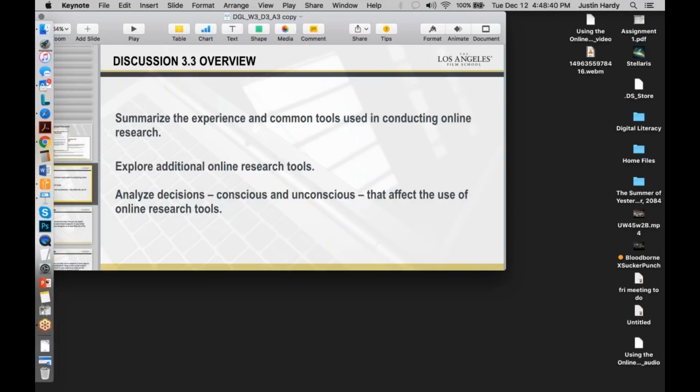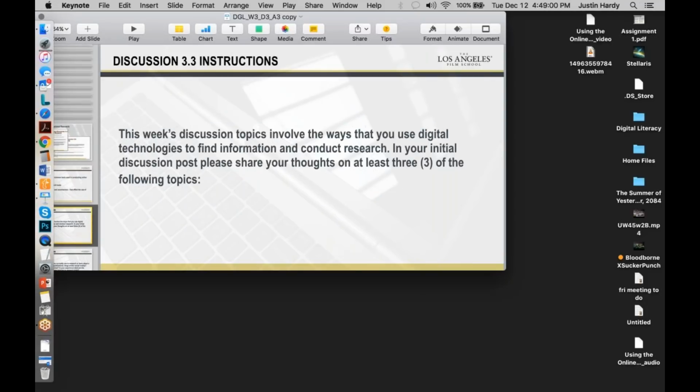So some of us use Google as a research tool, some of us have access to databases, or some of us just use Wikipedia or other wiki websites to get their information. There's a right and a wrong way to approach all of this. Some of them have their pros, some of them have their cons. We want you guys to start making intelligent decisions about which resources to use and when, because sometimes it's going to depend. So this week's discussion topics involve the ways that you use digital technologies to find information and conduct the research,